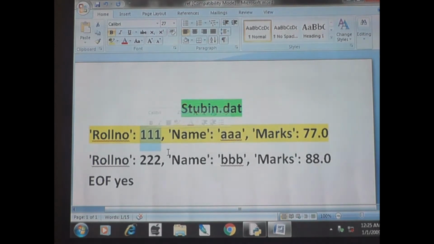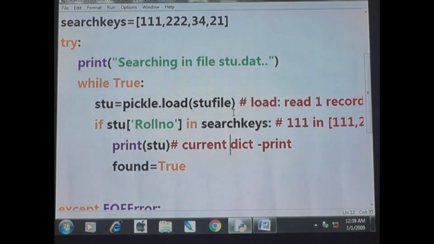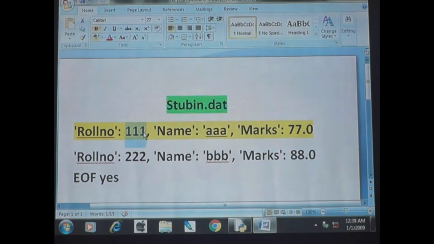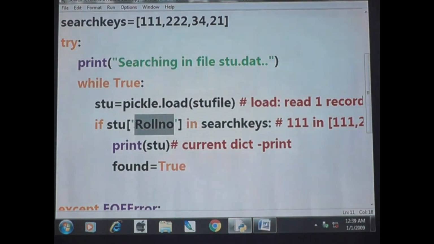Okay students, just listen. So stu of roll number means 111. Then 'in' means in, and then search key means this data.